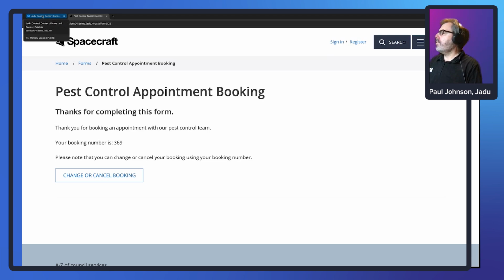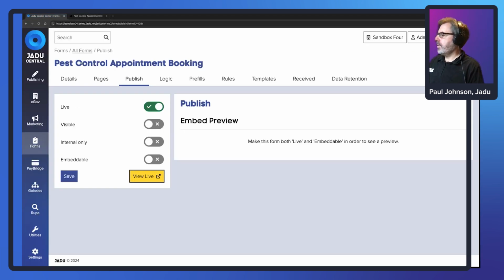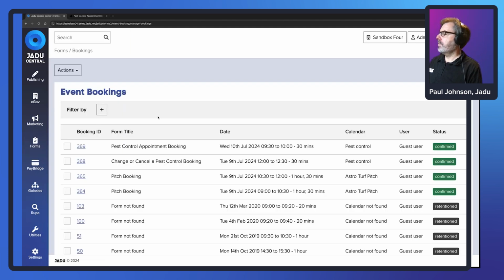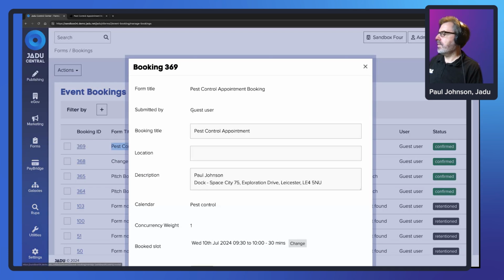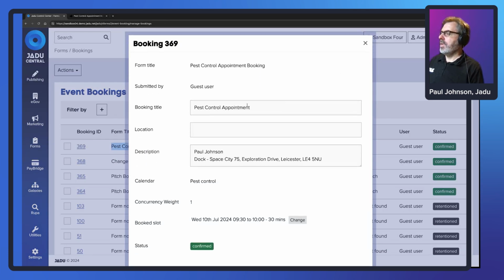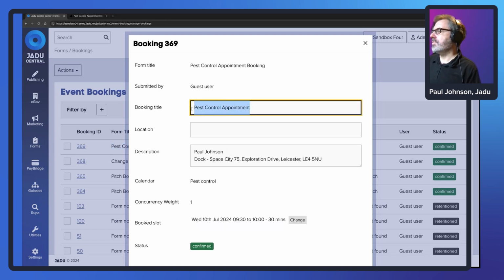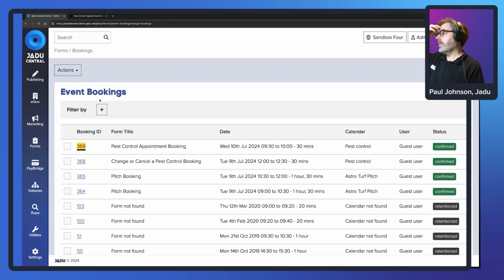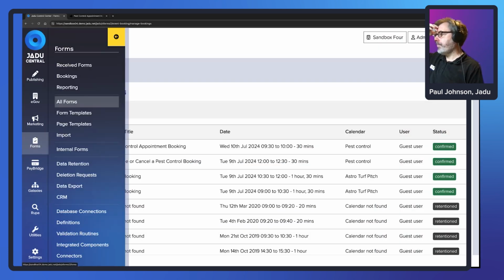But if I go into my forms now, if I go to forms and bookings, I can see here's my pest control booking that I've just made with my details. And this information will also have been pushed into the Office 365 booking in the calendar. So use this as the booking title, and it would have dropped this in as the description. So if I jump back to my form,